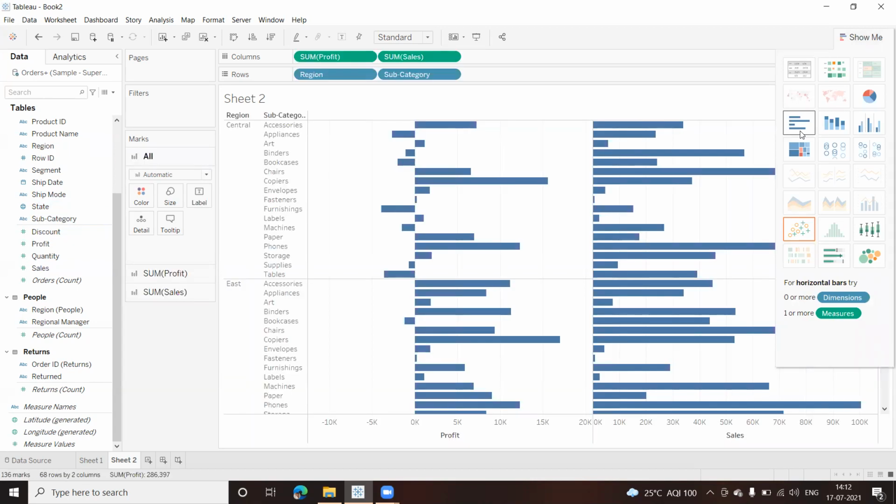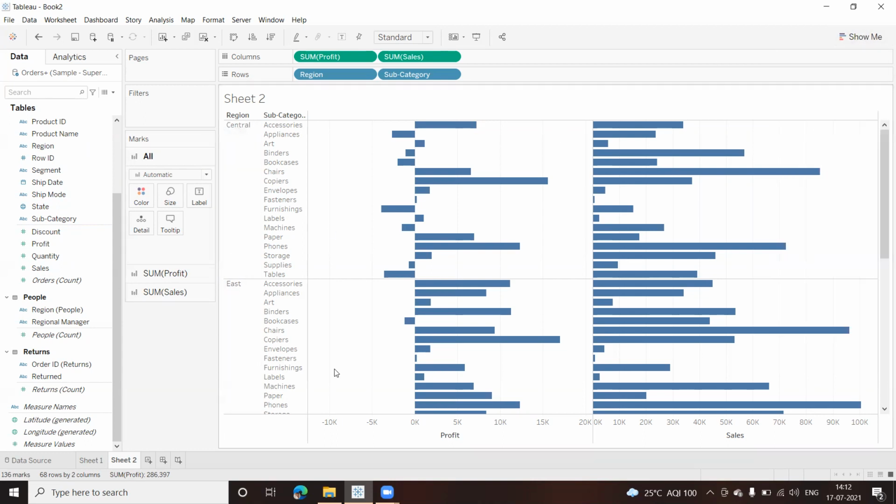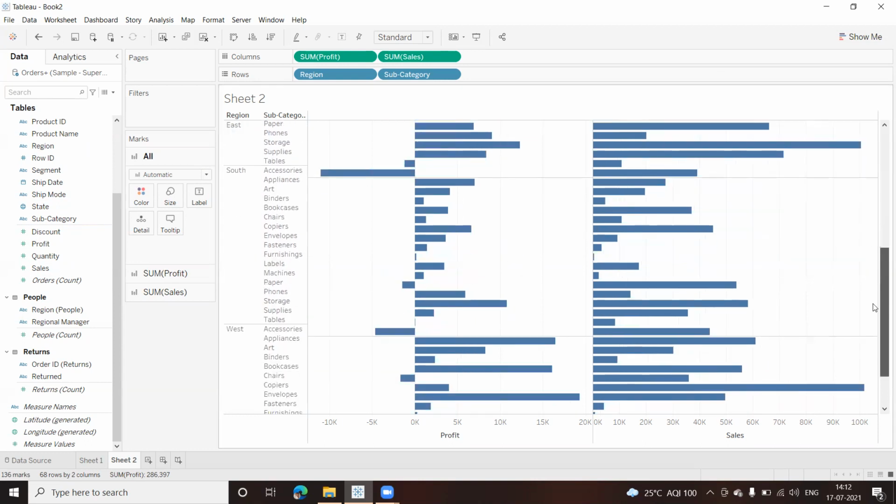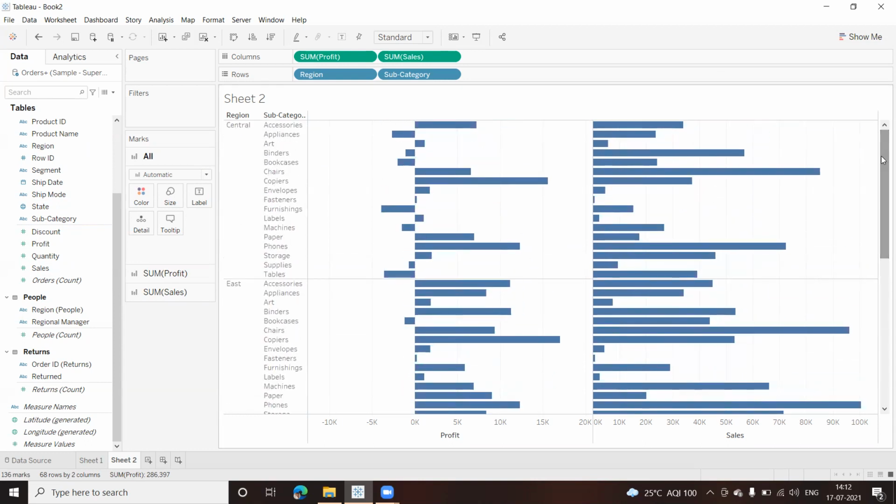Here we go. So we get a different form of table here. I need to scroll down. No, this doesn't look good. Whenever you get something like this, your scroll is not there. So let me swap this.